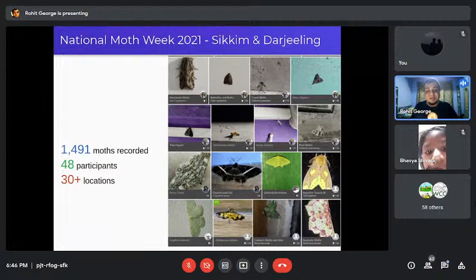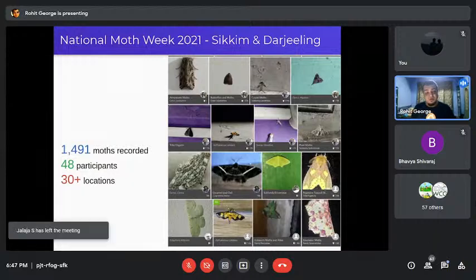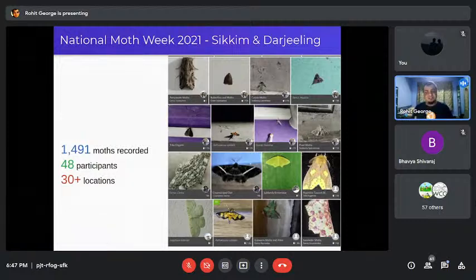We have data which I still haven't been able to analyze, but in the coming days we'll find out how many species were recorded, which species were recorded where, which species was most common, which species was most rare. This can be useful 2 years from now, 5 years from now, 10 years from now, where we can compare and ask: is the number of species decreasing? Is the number of individuals decreasing? This allows us to measure how the forest is doing, how biodiversity is doing. Perhaps there may be some changes which happen because of climate change. So we can also see how the moths are responding to those kinds of pressures through this.